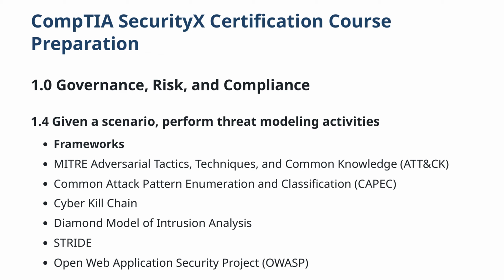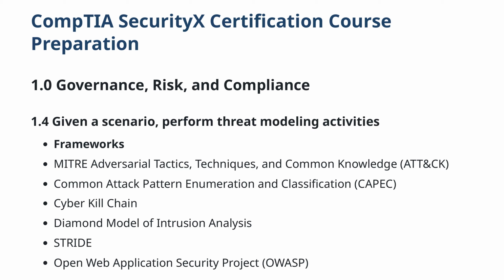Finally, the Open Web Application Security Project, OWASP, provides resources to improve the security of software through community-driven open source projects. Understanding these frameworks is crucial in performing effective threat modeling, allowing us to anticipate potential attacks and strengthen